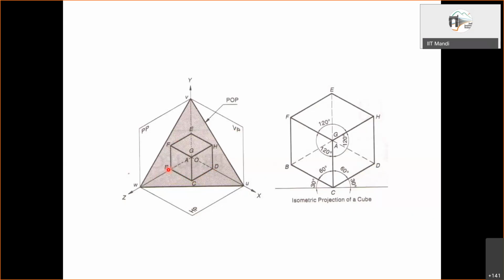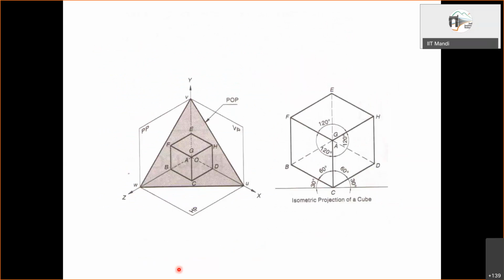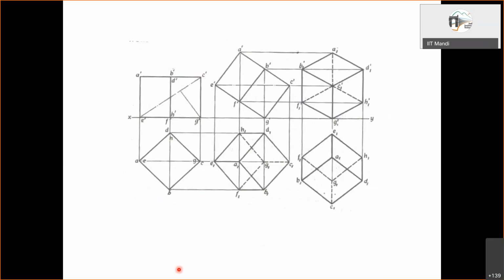If we change this, suppose the vertical plane is here and the profile plane is here, so that these are exchanged, then length and depth will be exchanged. Nothing else will change. Along this can be length or depth, along this can be length or depth. Height will continue to be in the vertical direction. Then is scale. For this, let us get back to this slide again, and then we'll discuss the scale further.